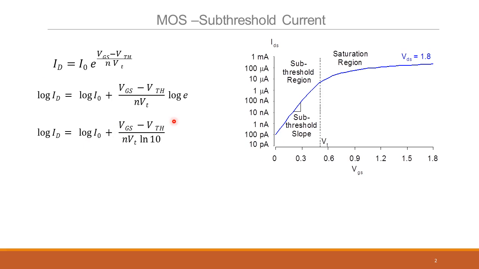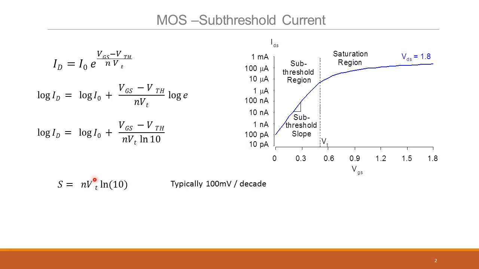So I just rewrite this: log ID is log I naught plus (Vgs minus Vt) by NVT log 10, ln 10. I'm just taking this NVT log e base 10, which is 1 by log 10 base e, but log base e is called ln. So just replace that with this and you get (Vgs minus Vth) divided by NVT ln 10. This NVT ln 10 is called the subthreshold slope. It is how many